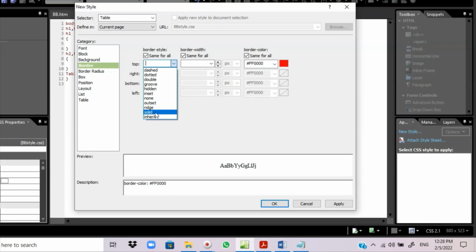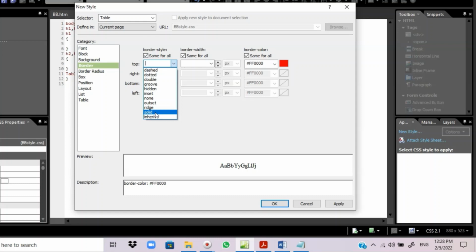The grid lines are basically the internal boundaries which are separating the cells,